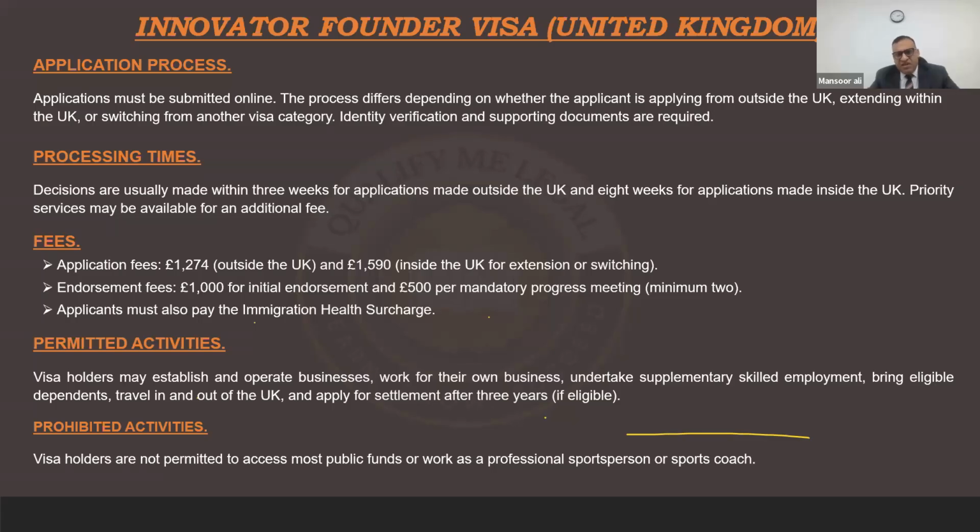Amar, it entirely depends on the business plan you are going to give the Home Office. Is there any limit you need to have? There is no threshold, but according to my point of view, at least £50,000 or equivalent should be in your account.